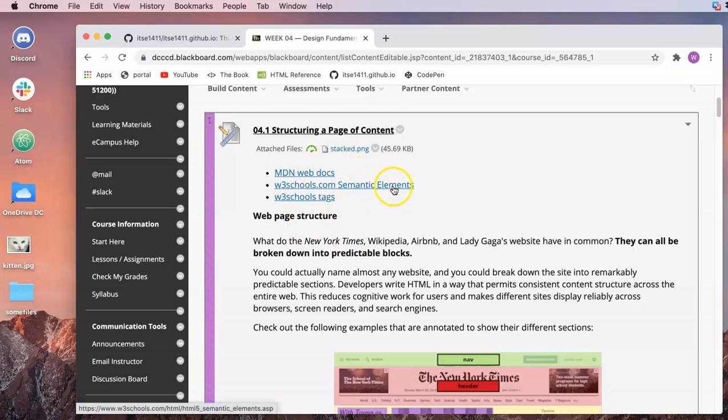You can read the Mozilla Development Network web documents. You can also go to W3 Schools and read about semantic elements. This is what this lesson is about. And you can read all about W3 Schools tags. These are multiple tags for HTML5 use. The one that you really need to focus on is this one, W3 School Semantic Elements, because that's what this